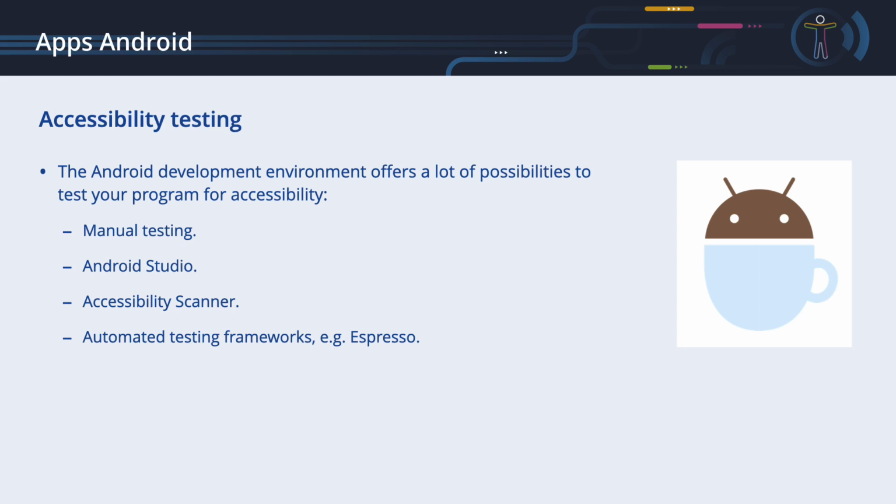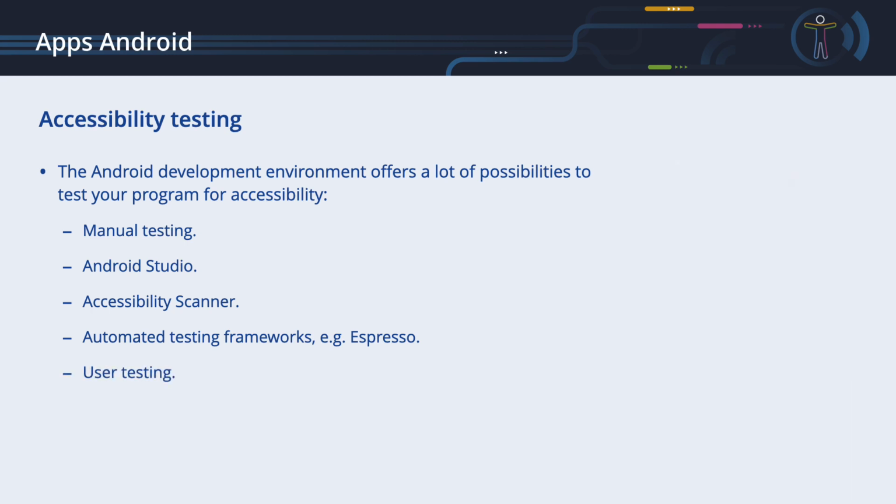The Android platform supports several testing frameworks, including Espresso, that allow you to create and run automated tests that evaluate the accessibility of your app. Espresso is an Android testing library. It is targeted at developers who are using automated testing as an integral part of the development lifecycle, as Espresso can do much more than just accessibility tests. And because Espresso tests can be complex, we will not demonstrate it here.